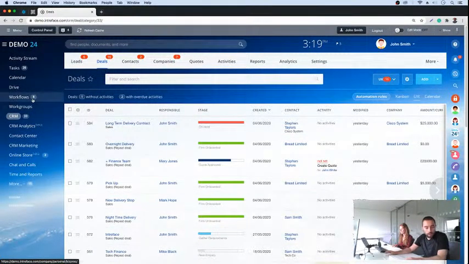Okay, and another question we've had is around permissions on folders. So in the Drive module, can we set permissions for users and also external clients on any folders that we have? So yes, we can. So in the Drive module,